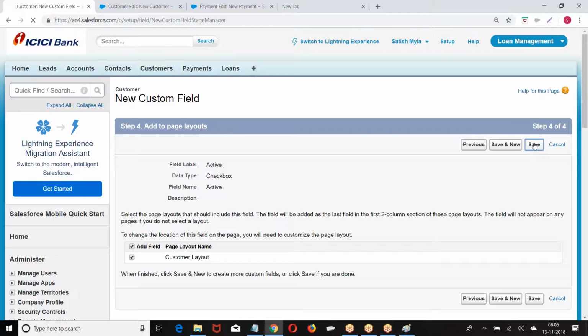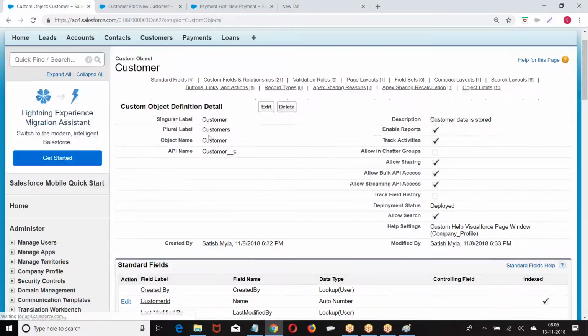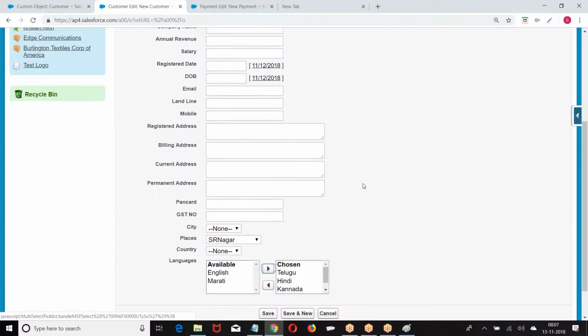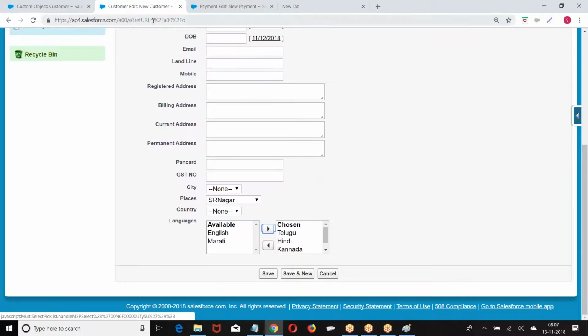Telugu we have 6 characters, right? Hindi we have 5 characters. Like that, if you count all this length, it should not be more than 1500 characters. Okay, this is how we created it.